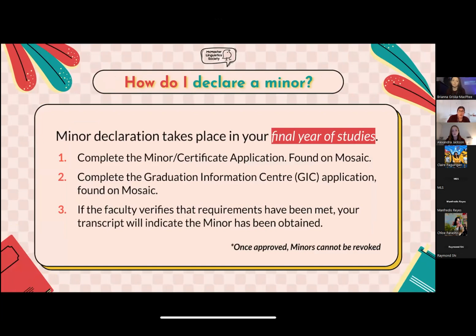And yeah, in order to declare a minor, it takes place in your final year of studies. This is all done on Mosaic again. So you complete the minor certification application, which is again found on Mosaic. And then you complete the Graduation Information Center or GIC application, which is also found on Mosaic. And if the faculty verifies that your requirements have been met, your transcript will indicate that the minor has been